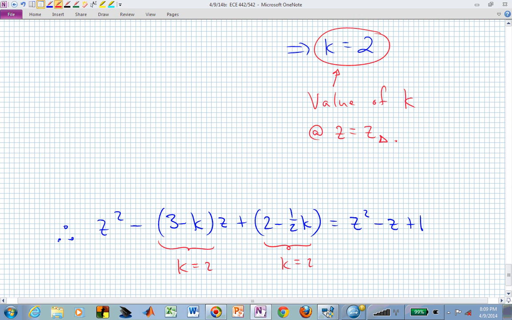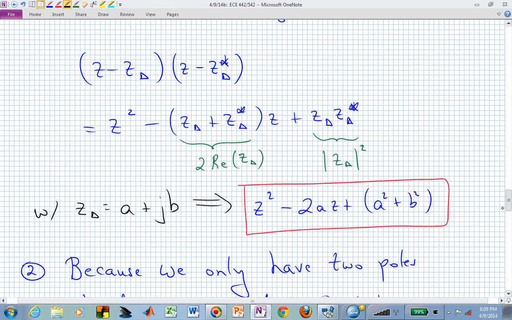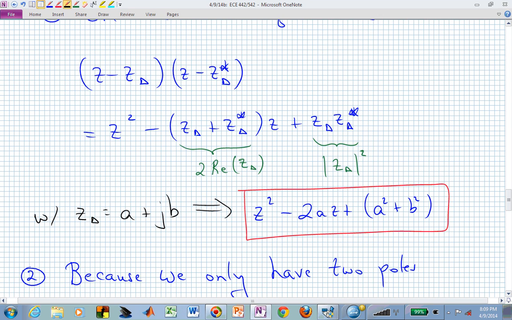So we now get z squared minus z plus 1. That's by replacing k with 2. Now, we have the exact characteristic polynomial, z squared minus z plus 1,